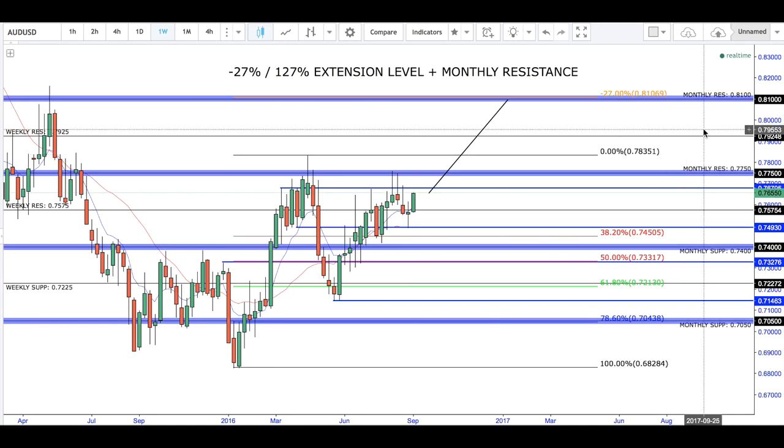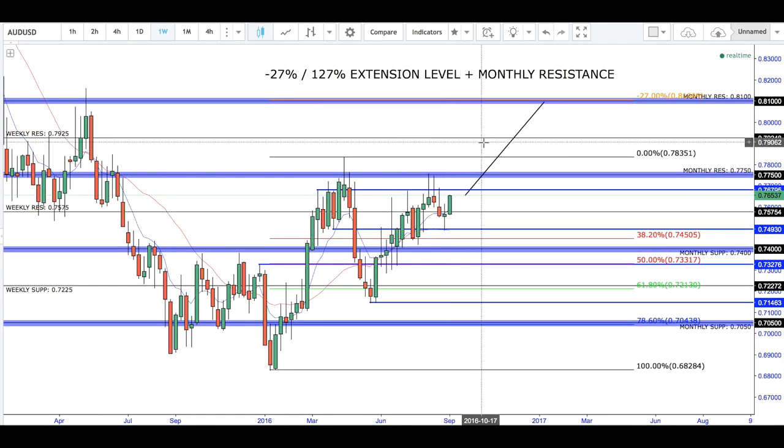Now, in the case of my analysis personally, I would then take a screenshot of this. I might write some more notes on that. Because remember the other rules we've gone through. If the monthly resistance is broken, there's one here, if we breach this monthly resistance, there's a 75% chance the next weekly level is going to be achieved, which is 0.7925. So that could be one of our first points of call. But our fib, our ABCD fib, is telling us Aussie has got the potential to come all the way up to 0.8100. Now, I'm doing this mid-September,